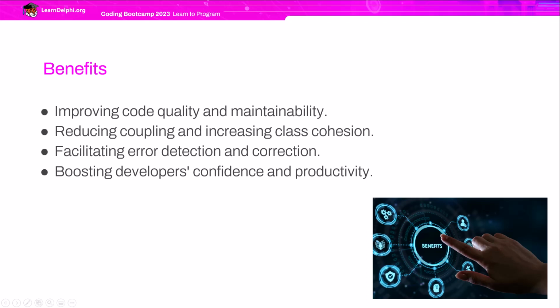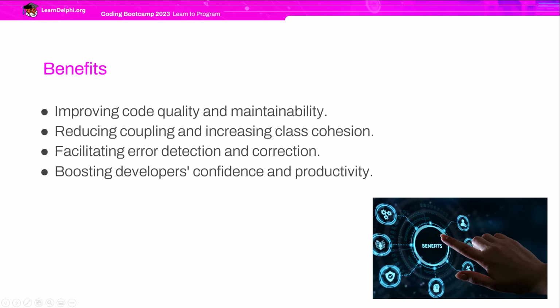This facilitates code understanding, documentation, reusability, and modification without affecting other parts of the system. It also helps you avoid code duplication, unnecessary complexity, and design flaws, reducing coupling and increasing class cohesion. Using these techniques, you can separate class responsibilities into distinct layers that communicate through interfaces or abstractions. This allows each class to have a well-defined and domain-related function without depending directly on other classes.